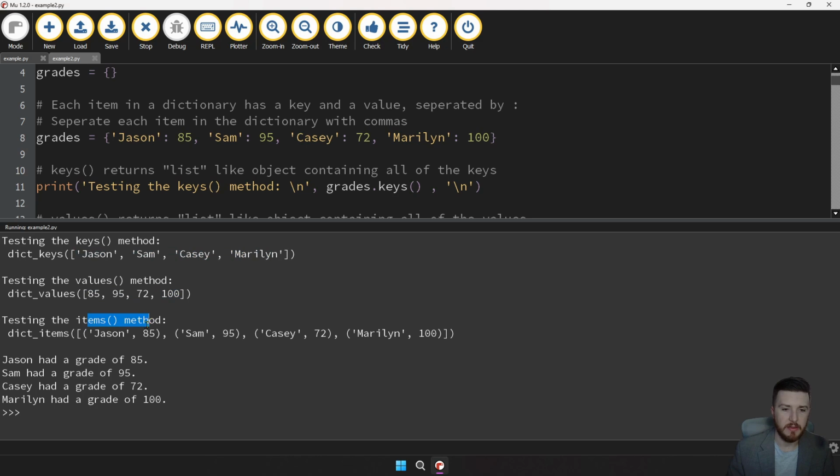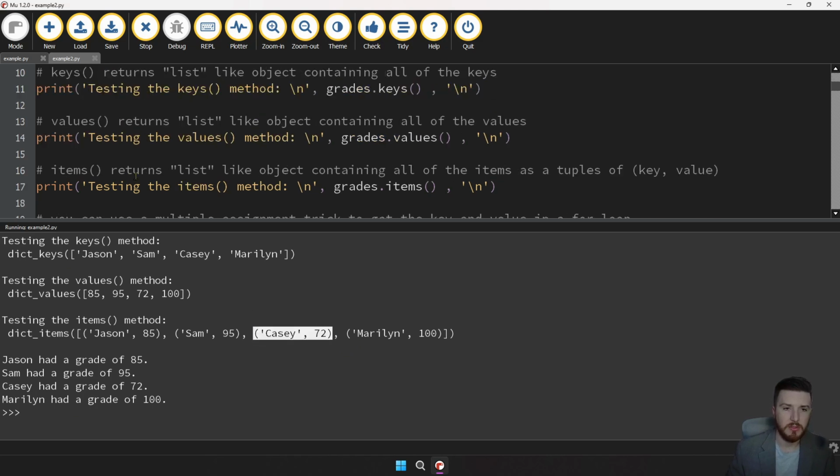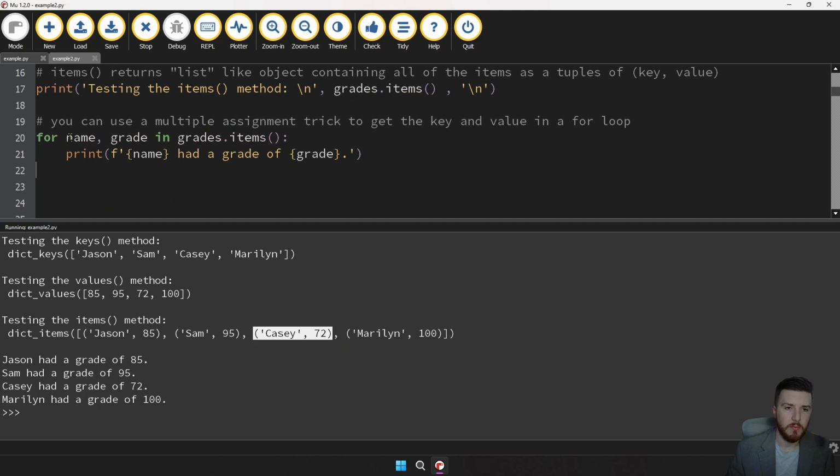Testing the items method. So this is where we're printing out those tuples. There's a tuple representing key and value for my name and my grade. Another tuple. Another tuple. So you see these are actually all the key value pairs in the dictionary. So just like when we were running that for loop and we have the key and the value in grade.items, you can see that